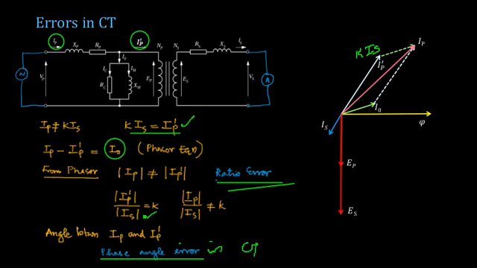Okay, once more, ratio error is due to the difference in the ratio between the actual case and the practical case, and the angle between IP and IP dash. IP dash is a reflected current towards the secondary side. So you'll have IS here. Once you have K multiplied with IS, you will be reaching here only. IS is flowing here. So the current that is flowing here will be IP dash and not IP. So IP will be comprising of I0 also. The I0 is the error here, and that particular error is known as a ratio error, and the angle between IP and IP dash is termed as the phase error in CT.